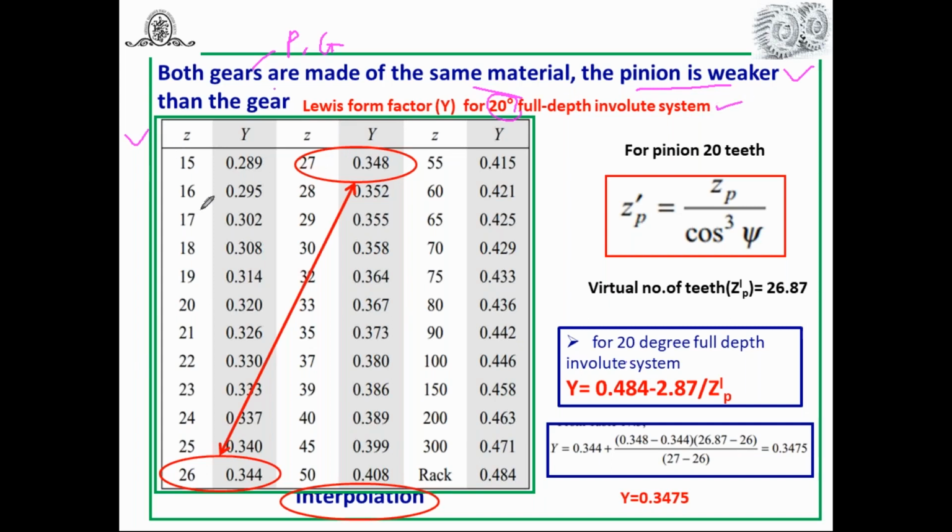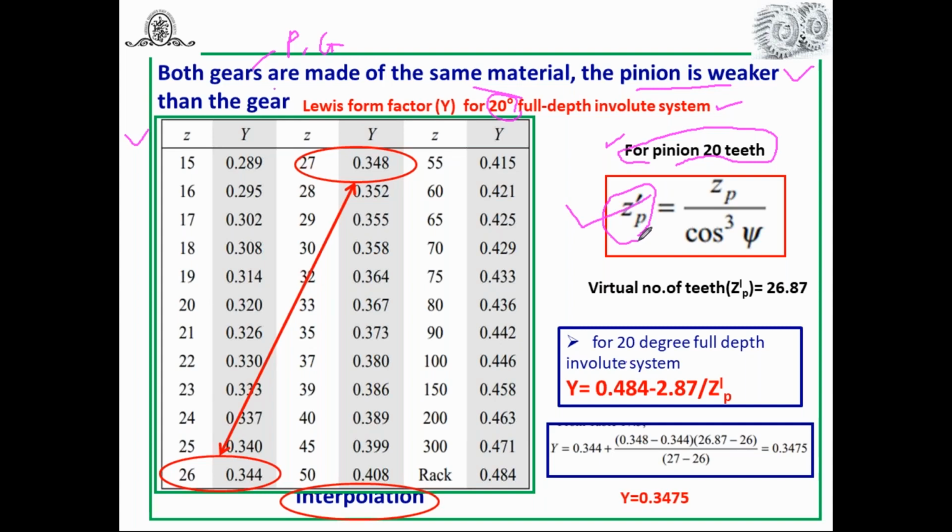Now this is the chart which we have already used for spur gear, and for helical gear also we have to use the same chart. But you know very well what we have to do to make the analysis of helical gear design simple. We have to convert that helical gear into an imaginary spur gear, and for that purpose virtual number of teeth plays an important role. We have already discussed the fundamentals and theory behind it. According to that, now in this case, it's given pinion is having 20 teeth. But what we have to do? We have to find out the virtual number of teeth on pinion.